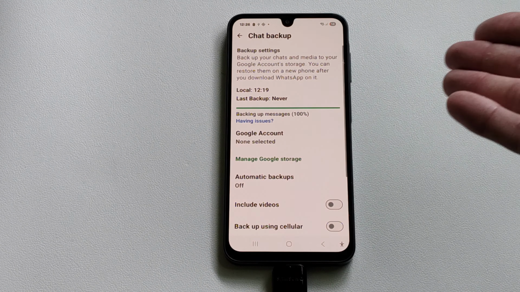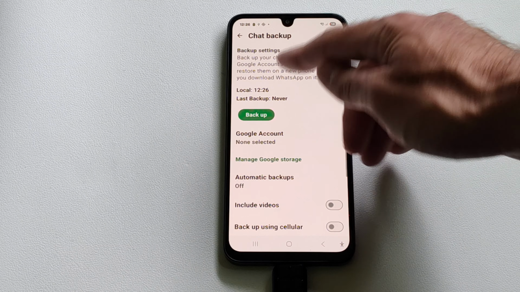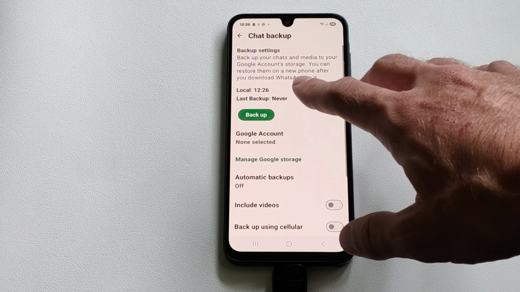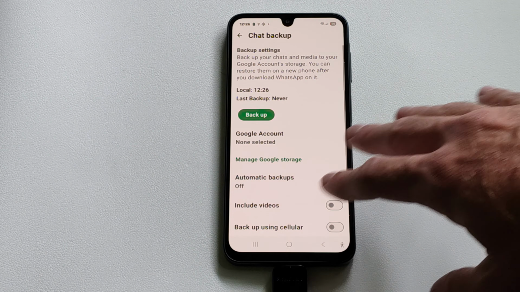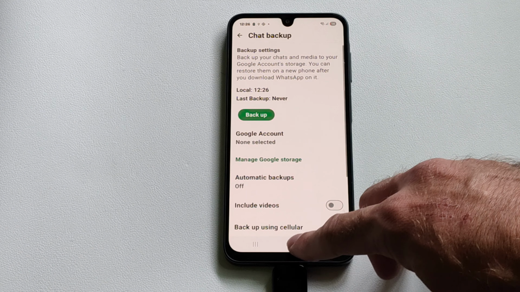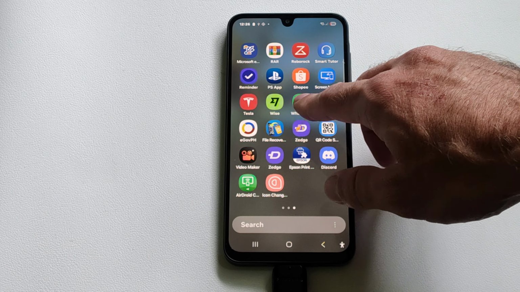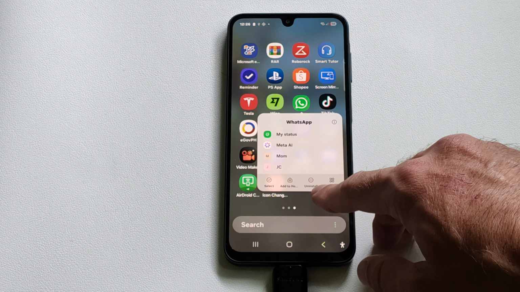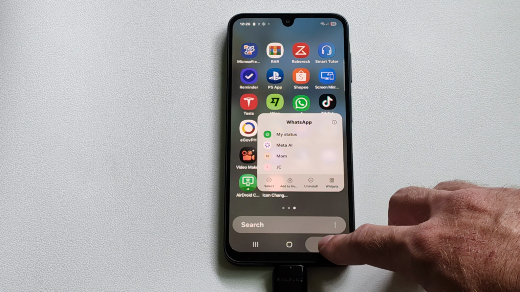Now how do you restore the chats? When you have it backed up, you can look at the last time you backed it up. Your messages are going to be stored in there, and if you ever lose access to your phone or wherever, you can retrieve those chats by deleting WhatsApp and then reinstalling it. So just go here and then go to uninstall and reinstall it,